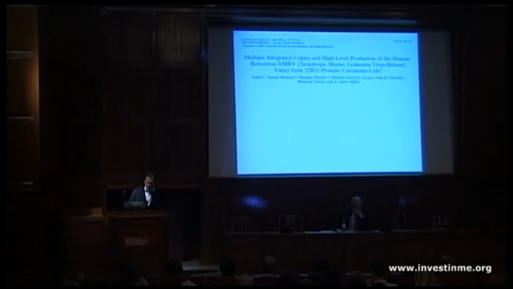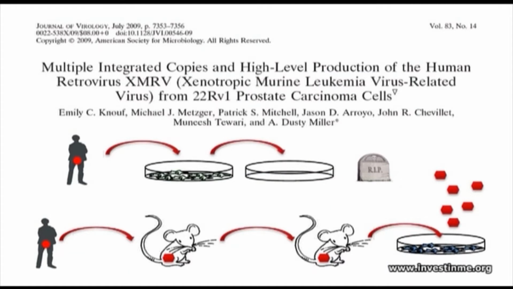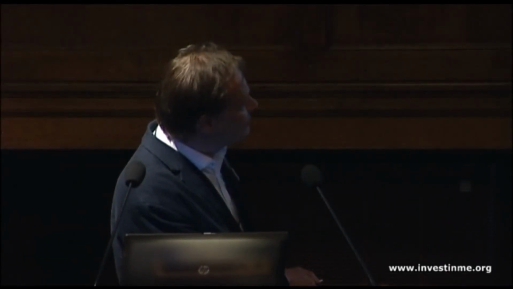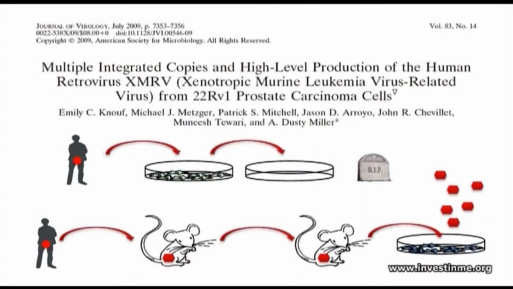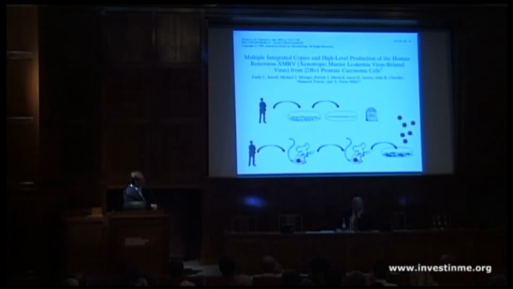However, we were very much aware of how these types of cell lines are generated. If you take a prostate tumour from somebody and put it into cell culture in the lab, it doesn't tend to grow, it tends to die. But if you take that tumour and put it into a mouse, wait till the tumour grows, then sacrifice the mouse and put it into another mouse, and do that several times, then the tumour acquires the characteristics of being able to divide continuously, and you can end up with a cell line, which is a very useful tool. So this had been how the 22RV1 cell line was generated.